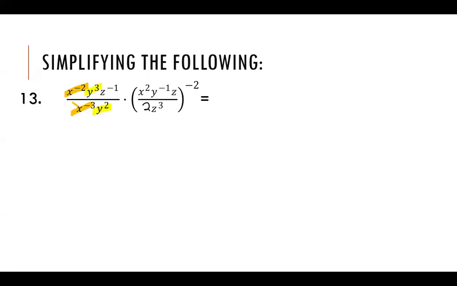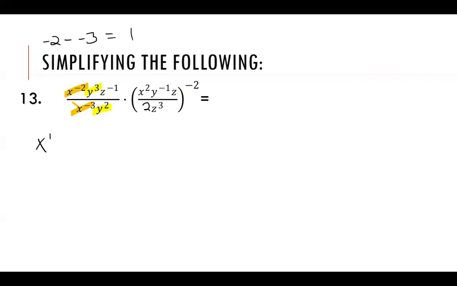Division rule. So x to the negative 2, negative 2 minus negative 3. Okay. So again, sometimes you got to see it. Negative 2 minus negative 3 is going to equal 1. So that's going to leave me with x to the 1. I'm going to write it a little smaller because I need more space. X to the 1. So now we're going to have y to the 3 divided by y to the 2,